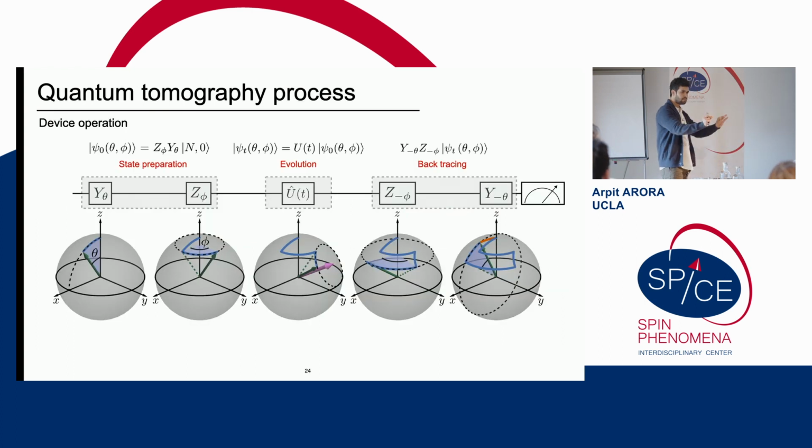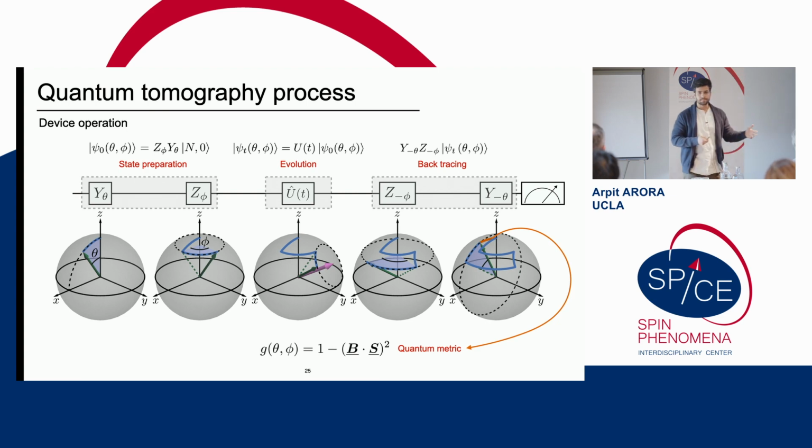And here are the details. We prepare a quantum state using a beam splitter and phase shifter, and then we allow the state to evolve in time, and then we do the back tracing and the measurement. Since we have allowed the state to evolve, it's highly unlikely that we will get the original state back. So there's a difference between the initial state and the final state, and this difference is given by